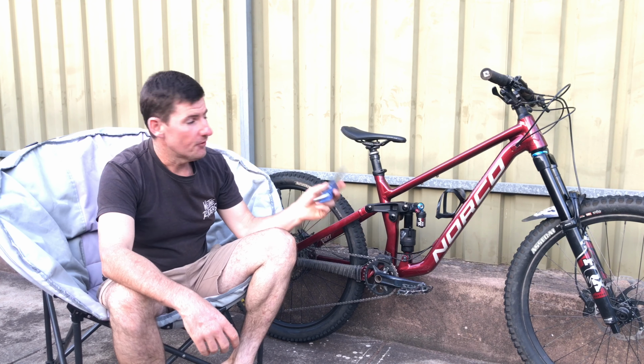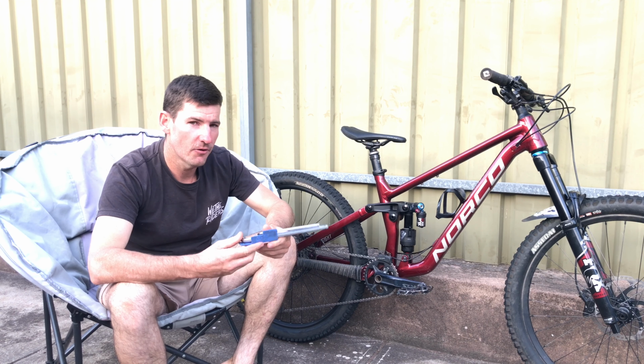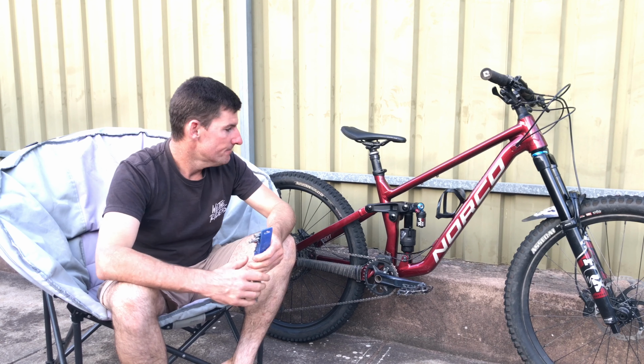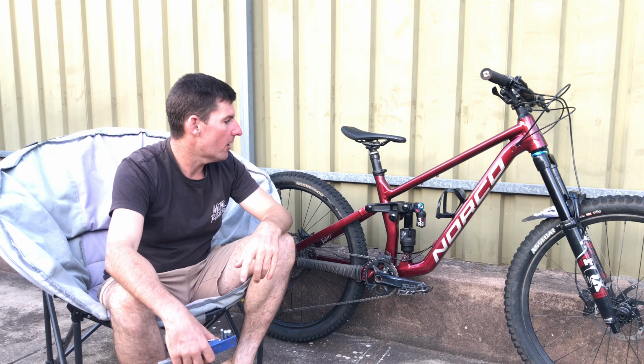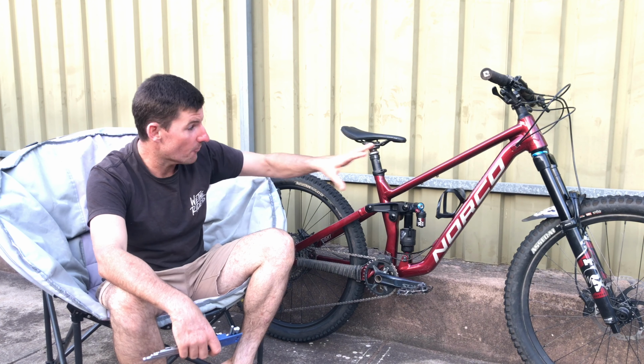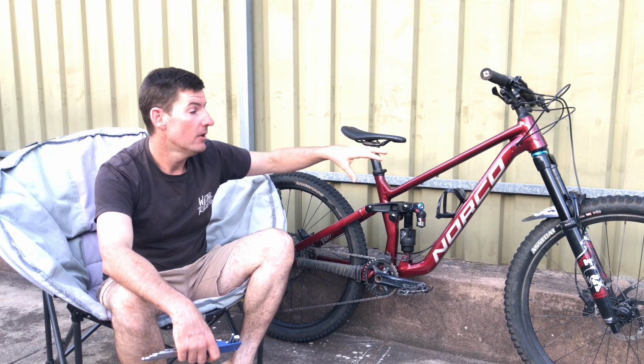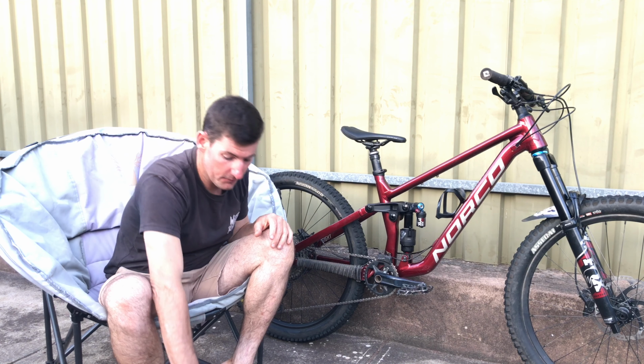Ride height. So I didn't dabble too much with the rider line. I had a look at it initially when I got the bike. I'm not overly interested in the rider line because I've had bad experience with every Norco I've had that's had a rider line set up, way off the charts for what I would consider high performance. So